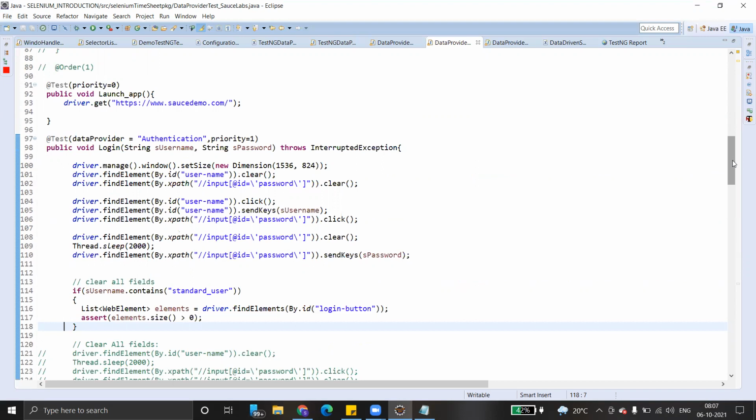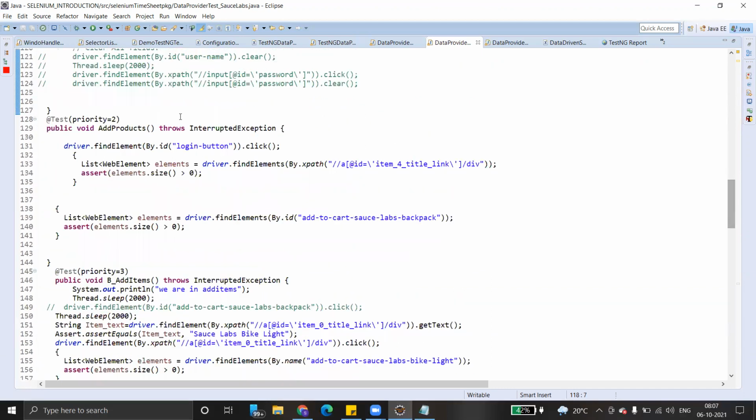Yeah, but here at the rate test, we have written data provider equals authentication. So one method is login, and this is another method, add products. Here we have not given a data provider. Okay. Yeah. Add items, and so on.